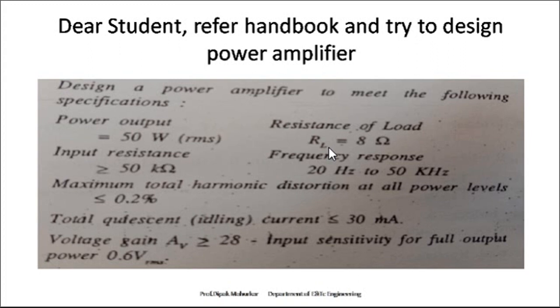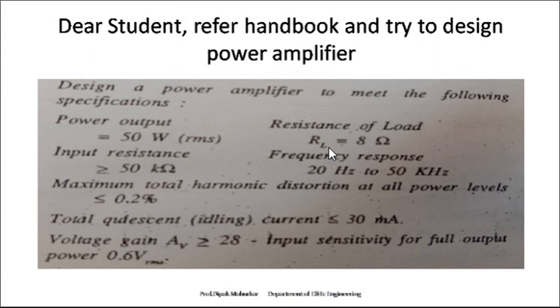What we want to design first, I will elaborate. First, we have to find the peak to peak output voltage, then the peak output current, right? Then find the maximum voltage drop across the resistors, then the voltage VCC, which must be greater than the peak to peak output voltage. Then we proceed to power transistor selection.